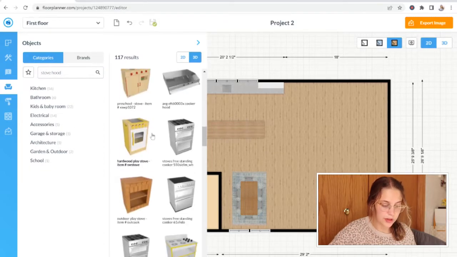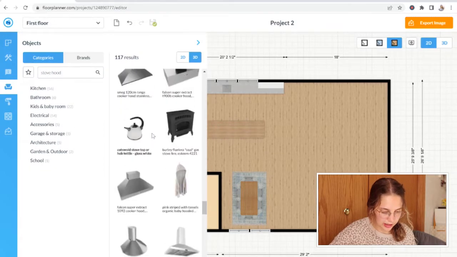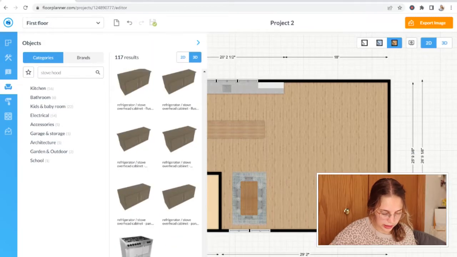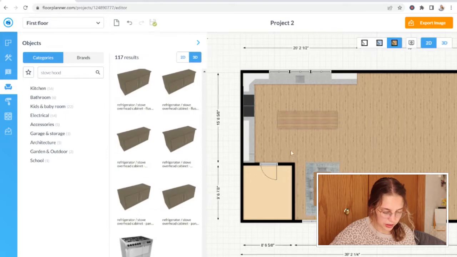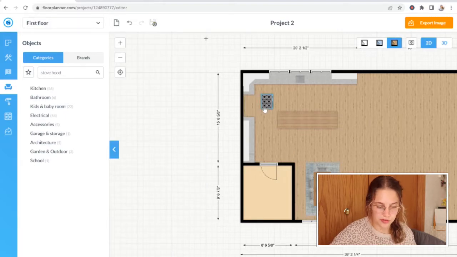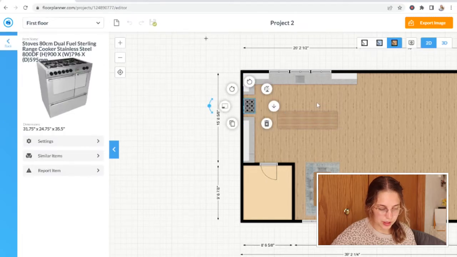So looks like they have a bunch of stainless steel ones. Nah, they don't really have. Oh, I really like that stove. I just kind of went with the basic one, so maybe I'll put that next to it. I've also always wanted a gas stove, but we've had electric our whole lives, and I'm gonna adjust